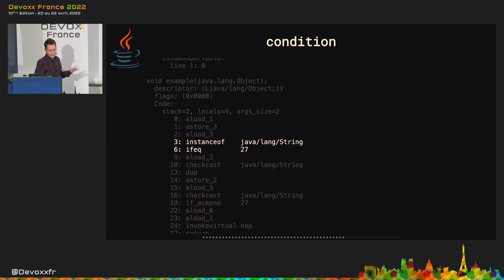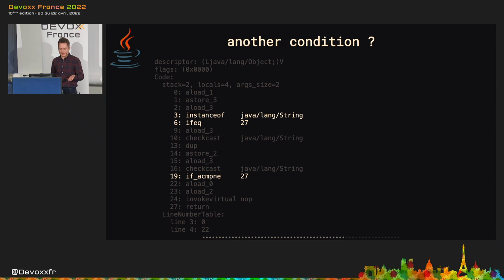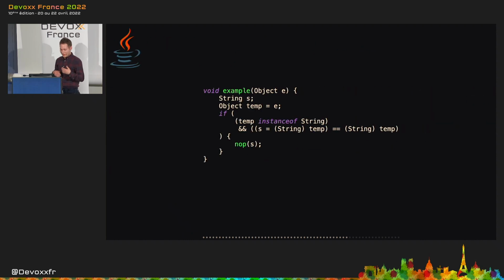We're going to see that here is our condition, here is instanceof, but bam, there is another condition. In our source code, there was only one condition, but in the bytecode, there are two. Okay, you're probably already tired. It has been a long time since the beginning of the conference, so I'm not going to bother you to read the bytecode. I'm just going to show you